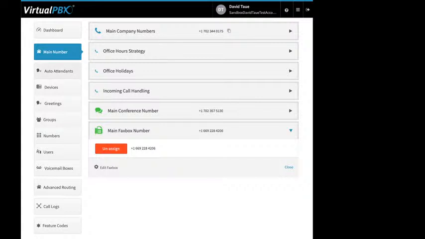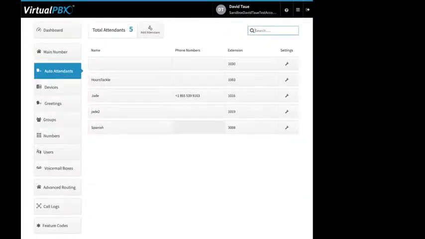All right, auto attendants. This is a plan-specific feature, so it's available on some plans, but not all. This allows you to create secondary attendants. There's a couple use cases for that. The first, and it's the most common that we run into, is